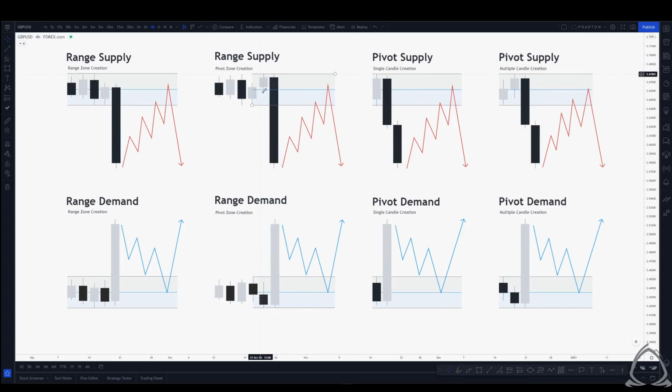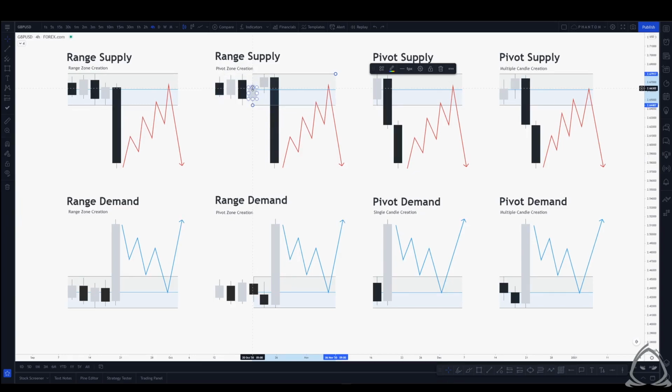We can draw our supply zone using these two bullish candles before the large move to the downside, and that would build up our supply zone. And what we can see, if we just very quickly move this over, from a drawing perspective, the zone has not changed in size. It just becomes a little bit more specific to the up moves